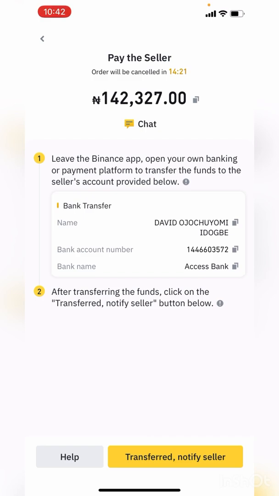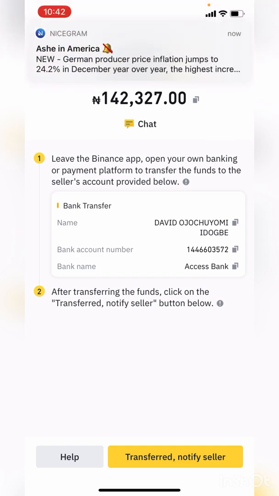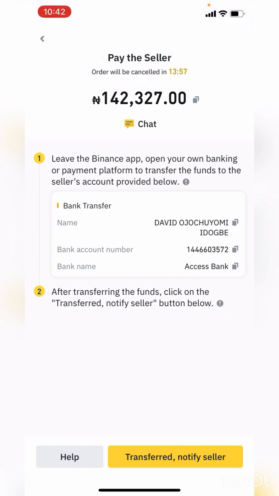Copy the account number and go to your app or any way you want to make the payment, and make sure you keep the receipt of the payment for reference. So after making the payment, you click on transferred, notify the seller. Please, after clicking on transferred, don't exit this page. Stay back and ensure that the seller releases your coin, because if the time counts down and the seller does not release your coin, all you have to do is notify Binance support and the coin will be released to you